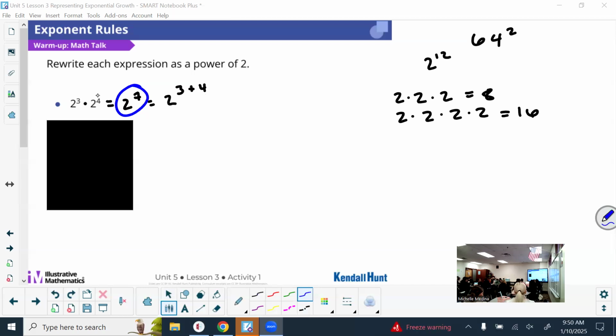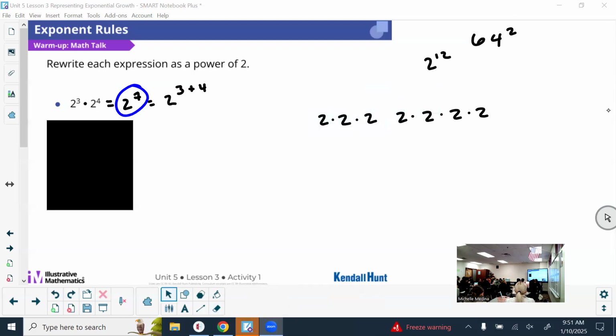Because yes, 2 cubed is 2 times 2 times 2. That does equal 8. And then 2 to the 4th is 2 times 2 times 2 times 2, which does equal 16. But if we're now multiplying those groups together, like having it like this, and we learned that